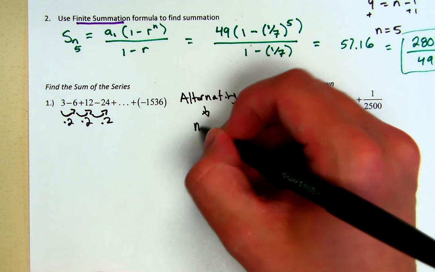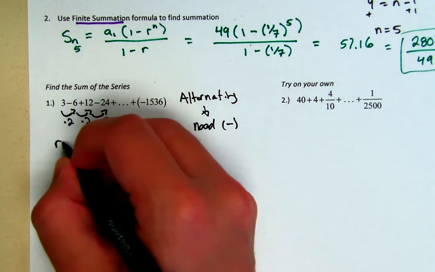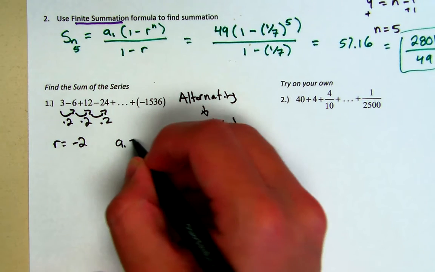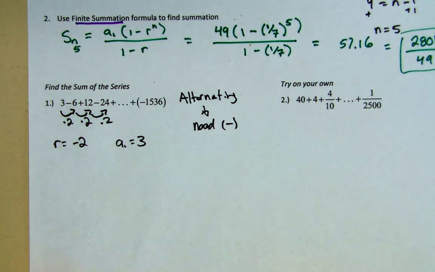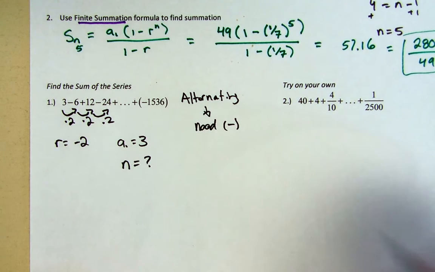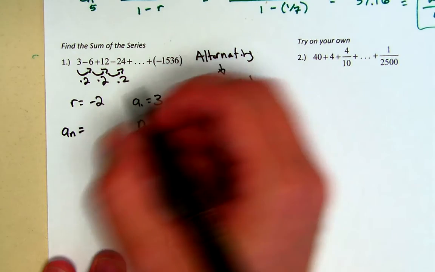So that means I need a negative. So r actually equals negative 2. a1 is 3. Do I know how many terms there are in here? No, I don't. So I need to figure out what an is. Well, that's negative